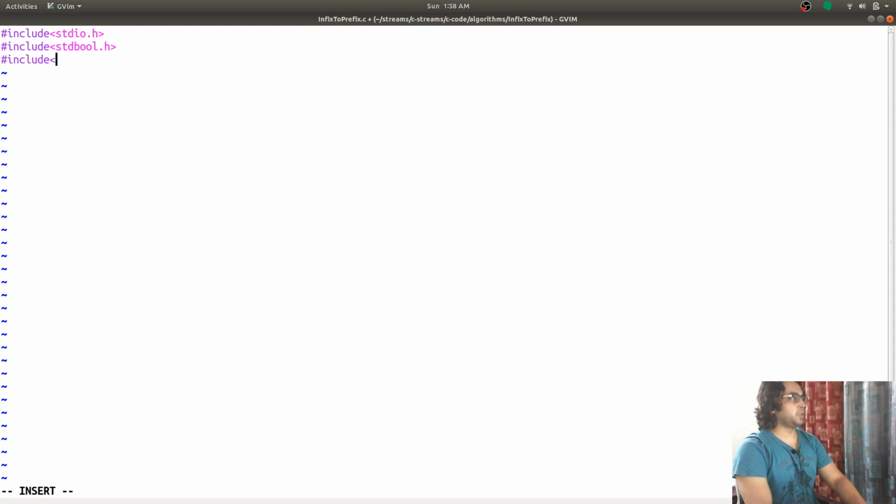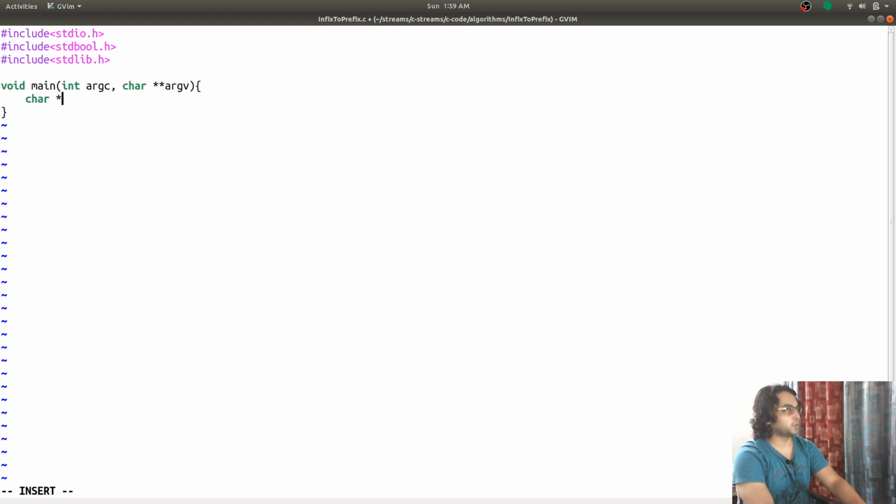This is to use bool and true and false in the code, and for memory allocation, and we have now our main function. It is the number of argument count that has been passed in the program, and I'm not going to do much validation or error handling because this is not the point of this session. So I will just focus on the conversion of an infix operation to a prefix operation. So void main, and we have got that.